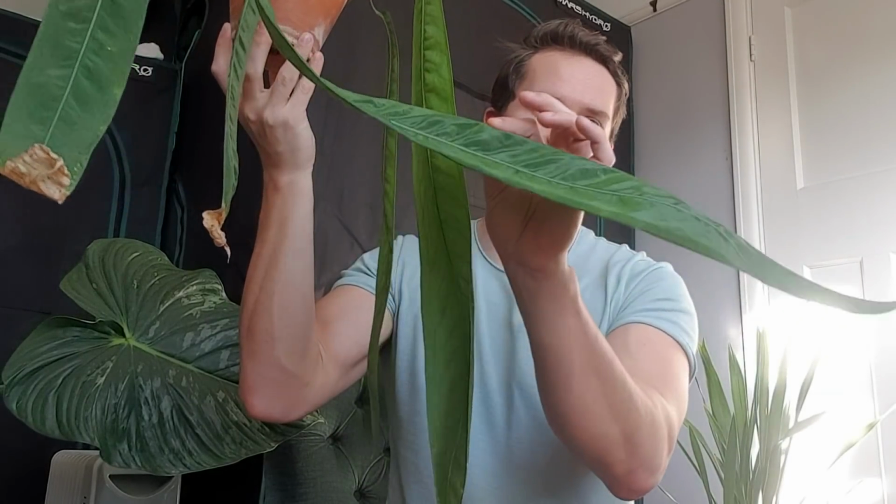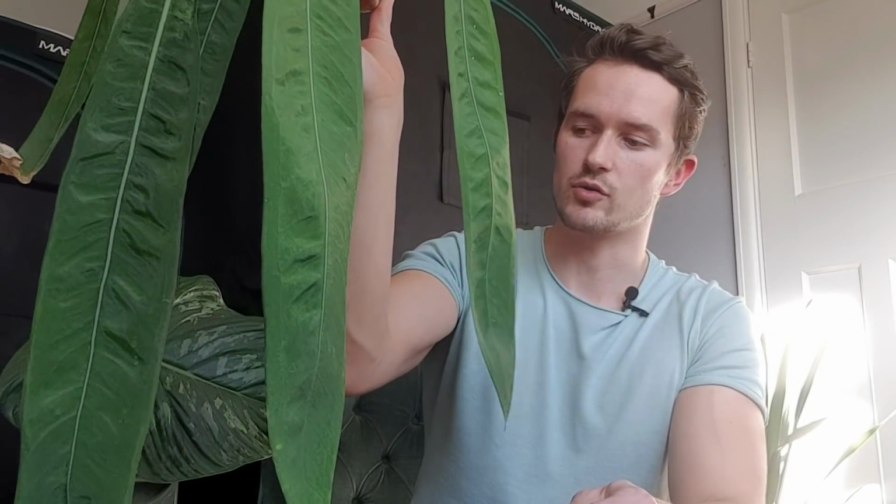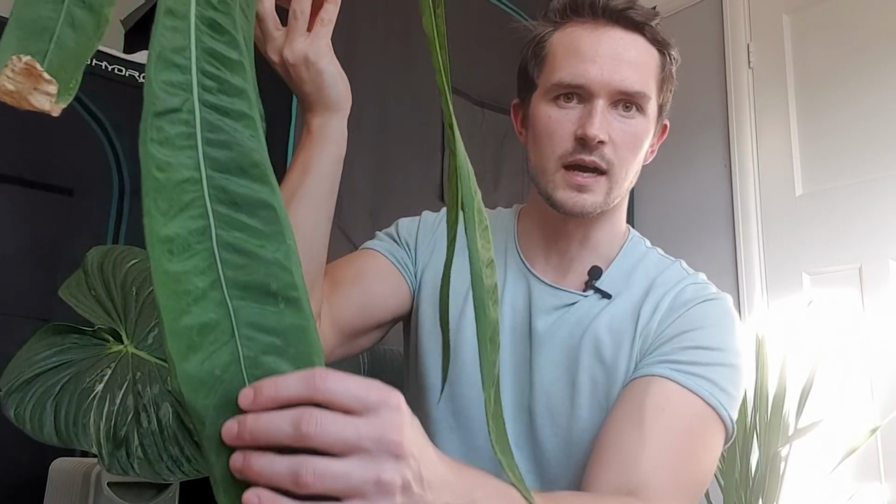Normally they're very, very rigid, so I could lift up the center part of this leaf and it would stay more or less straight, lifting it out, which is really nice. But the velvet on the leaves is just amazing. And like I said, it's such an easy Anthurium. It reminds me care-wise of a Clarinervium. I think I could grow this out of the grow tent and it wouldn't care. That said, the extra humidity and light has made it put out this really beautiful leaf, which is really dark and textured and just...